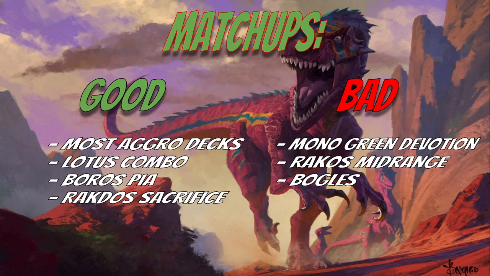I think mono red, just mono red aggro, mono red burn, is slightly unfavorable, but not by much. That's what I would say for most aggro decks. Lotus Combo, I've always found to be a very good matchup. Lotus Combo struggles to get ahead of us because they pretty much don't interact with our dinosaurs